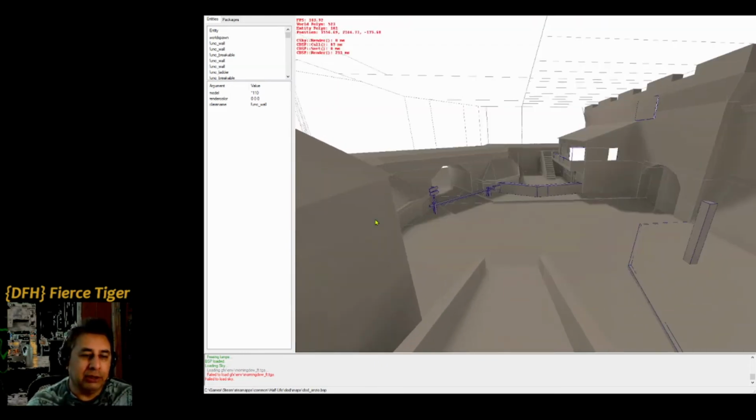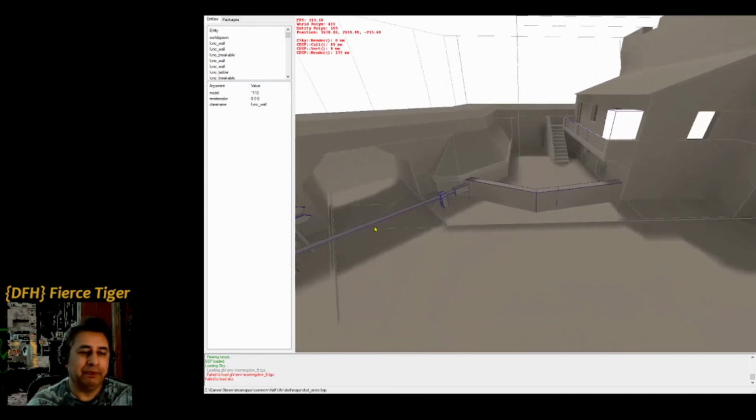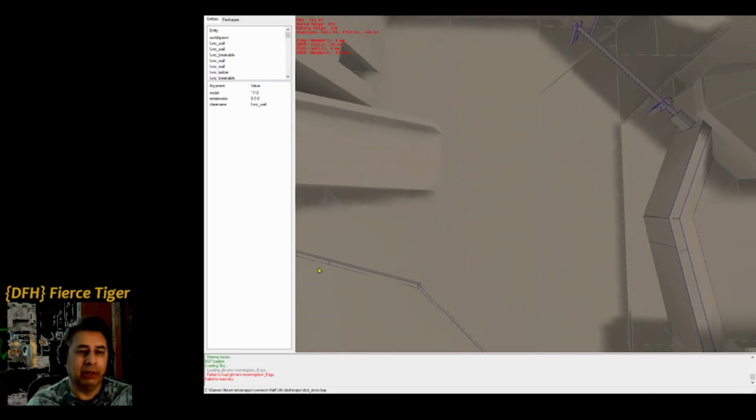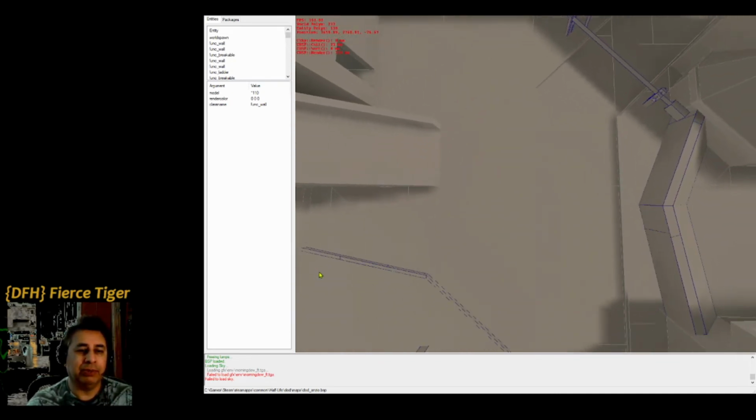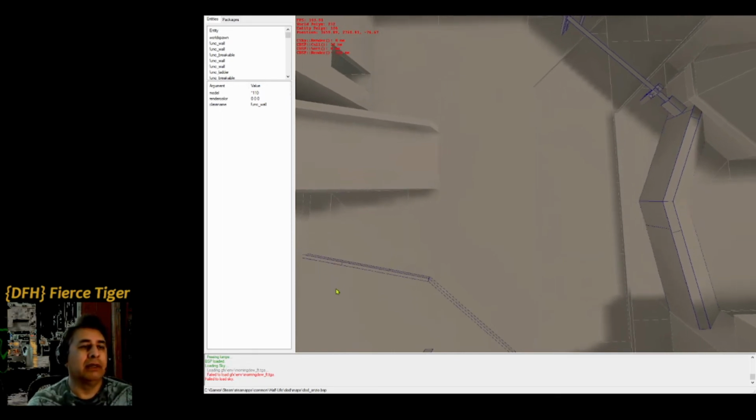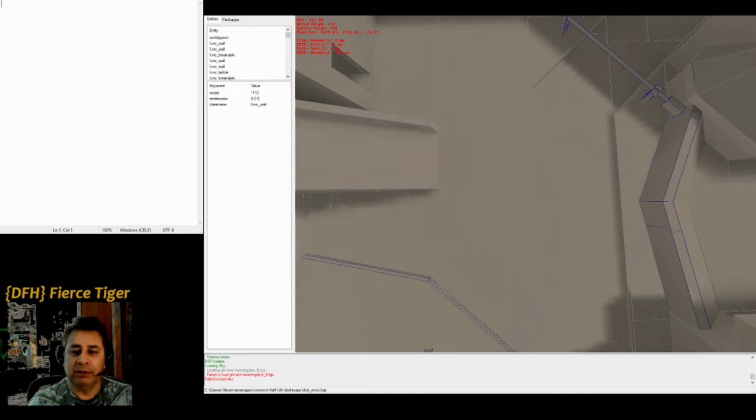Okay, so let's go back here to the spawn area. And we're going to go, okay, so let's say we want to drop somebody somewhere around here. Okay, and looking at the red position numbers, say 1659 and 2768. You don't worry about the last number, because we already determined what the sky is. And what you want to do also is,